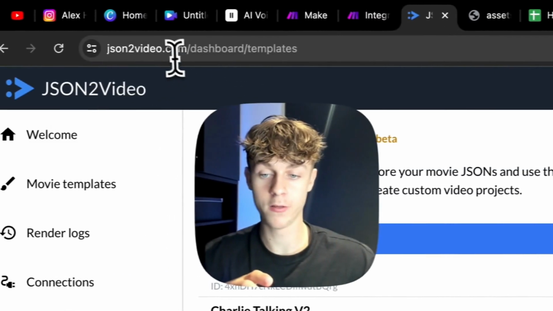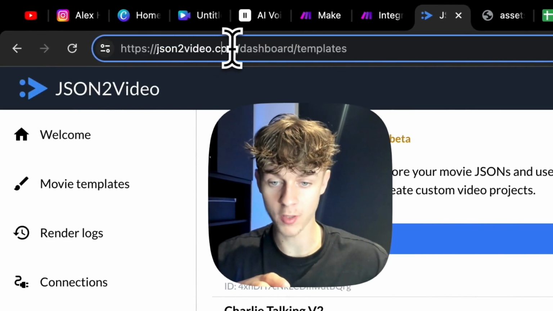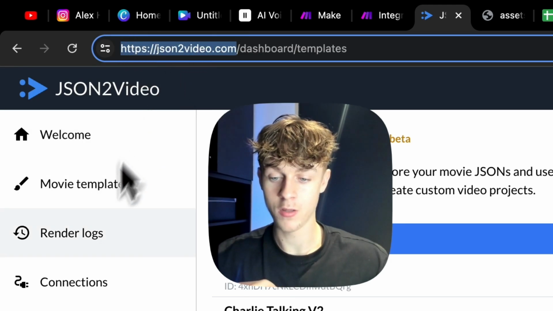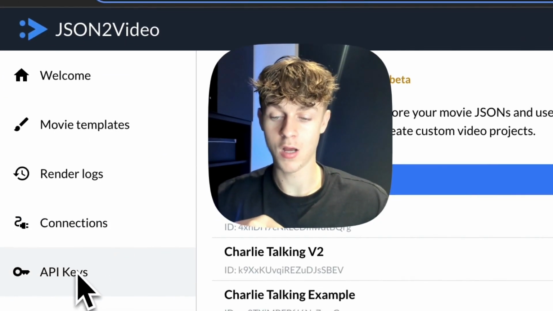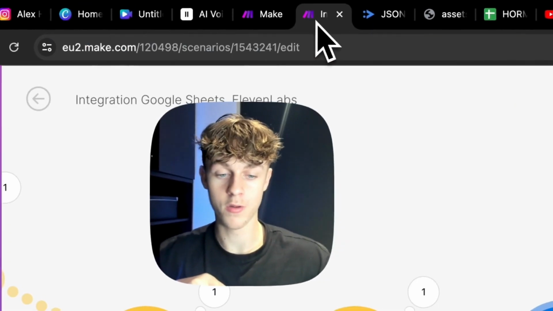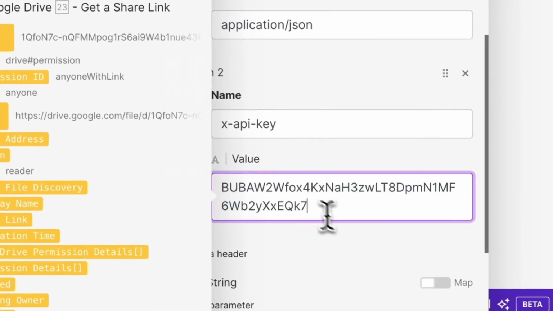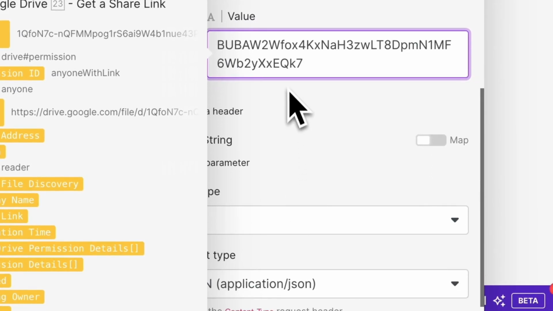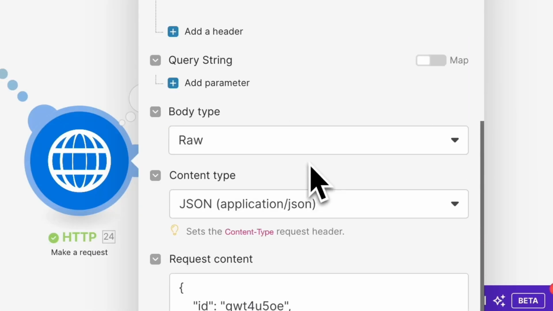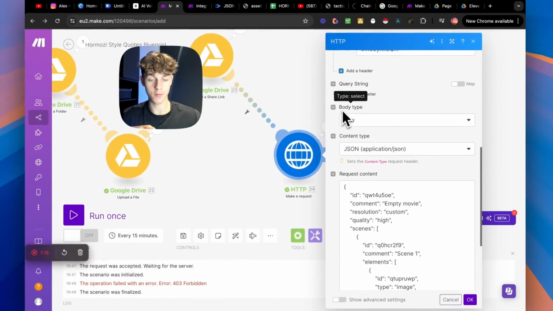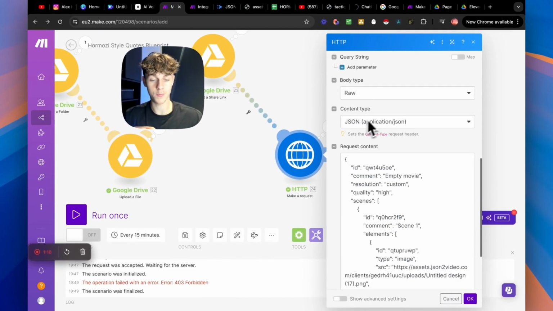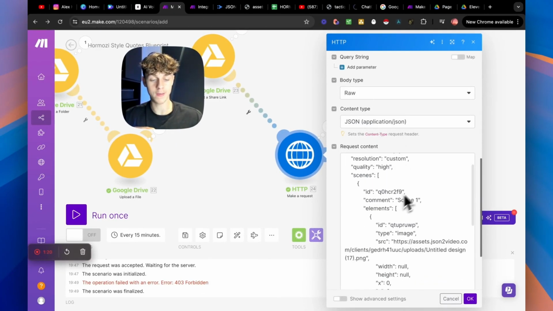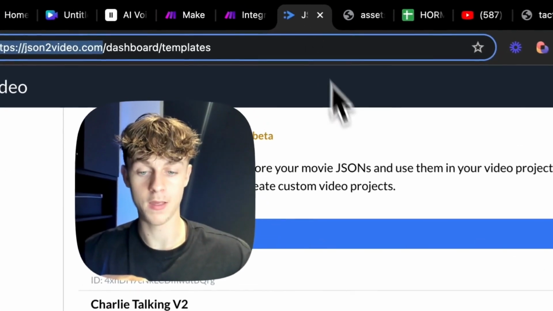So you're going to head over to a website called json2video.com. Now, once you have entered that URL, you are going to get your API key. And once you've got your API key, you are then going to paste it in just like here, right? So it's going to look something like this. And once you've done that, you're pretty much done. We're going to keep the body type as raw, content type as JSON, and now we're going to get this code. So what we're going to do is, once you are inside